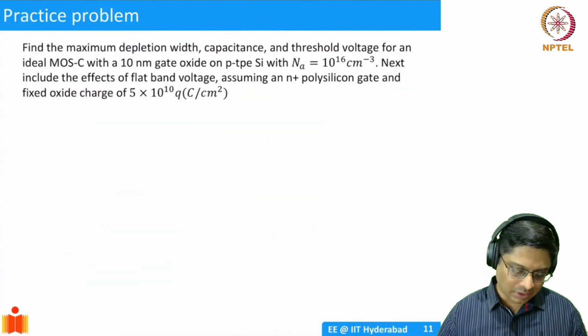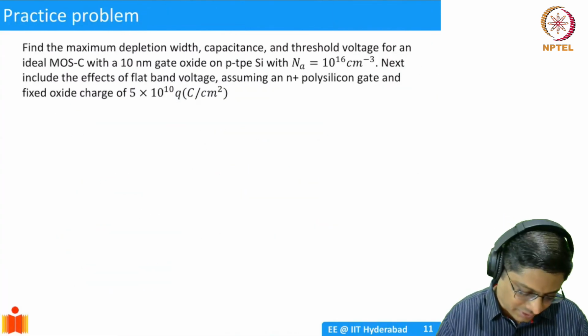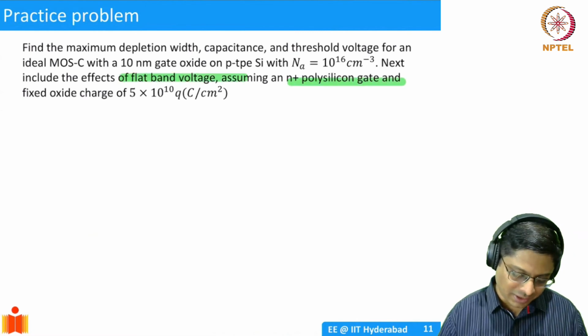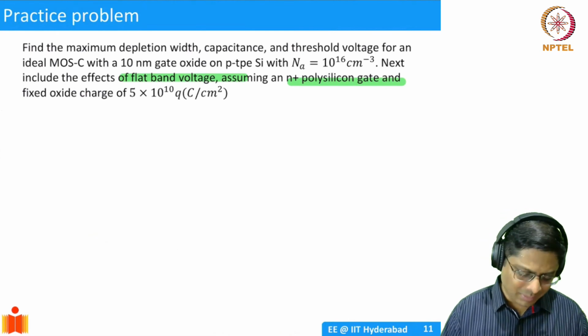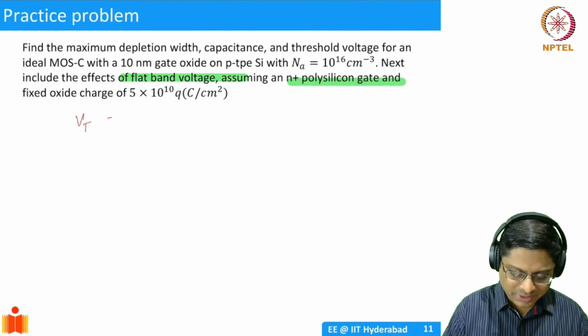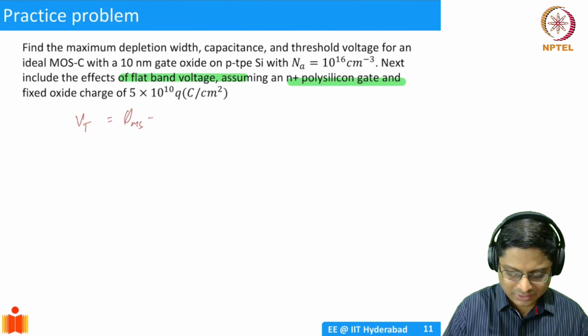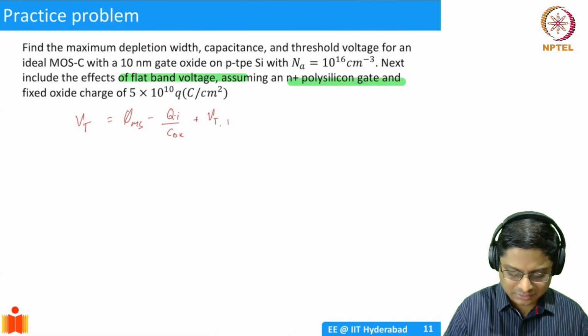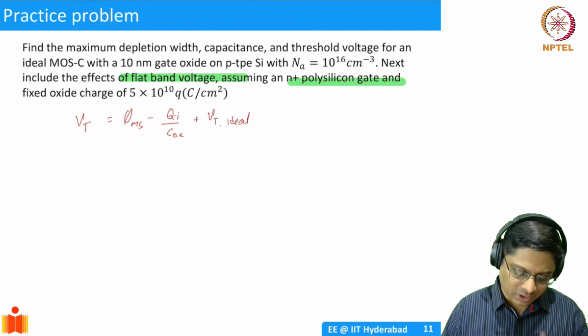All right. Okay, so the last part of the question was basically calculate the flat band voltage, assuming N plus polysilicon gate and fixed oxide charge. Well, I have done this in just a couple of videos back, but anyway, quickly let me recap. So what is VT then? VT is going to be phi ms minus interface charge divided by Cox plus VT ideal. Okay, what is going to be phi ms? Well, now it's going to be